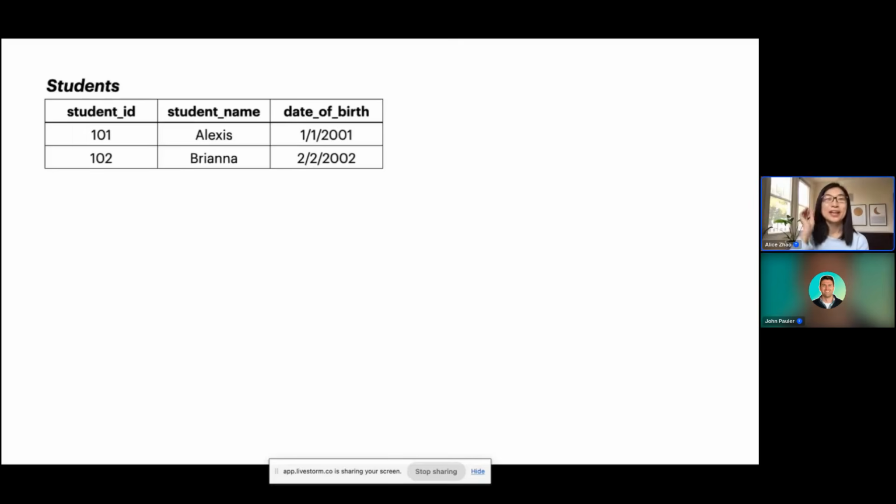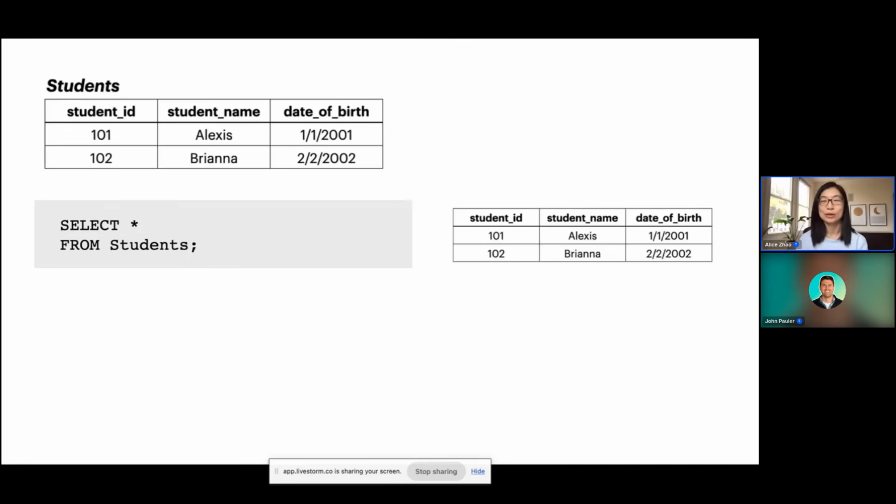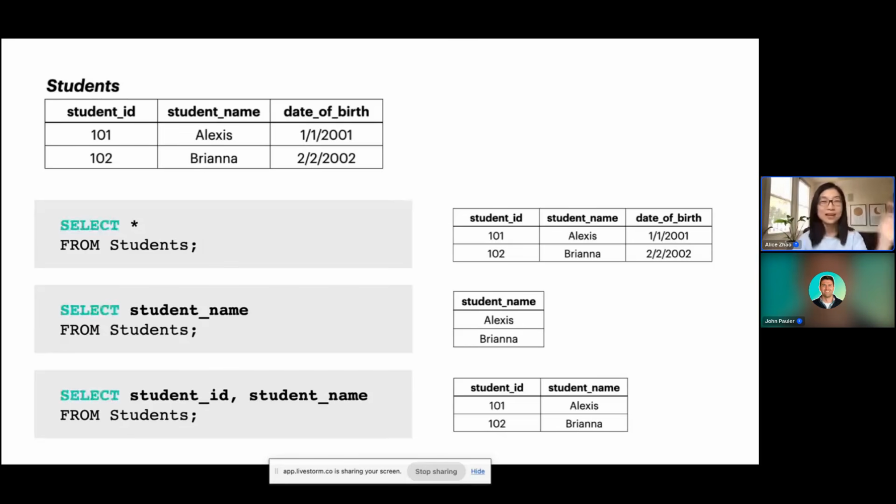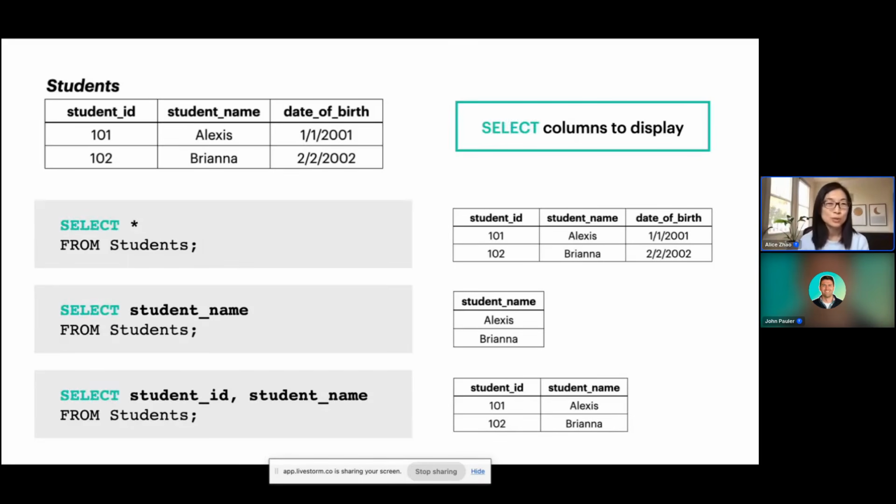Okay, so if you remember, this was our students table that you're more familiar with now. And if we did a select all from students, remember, that's going to give me all the data from the students table. So this is what I would see as my output. And then if I do a select student name from students, that's only going to give me the student name column. And if I do student ID and student name, that's going to give me both these columns here. So you've probably seen a pattern here, which is whatever you state in that select line, that's going to be the columns you want to display. So you can do a star to show everything, or you can specify the exact column names that you want. So whatever is right after that select is the columns.